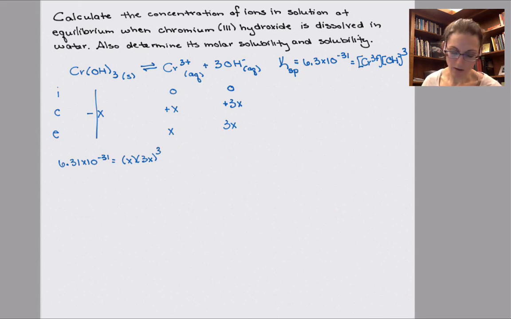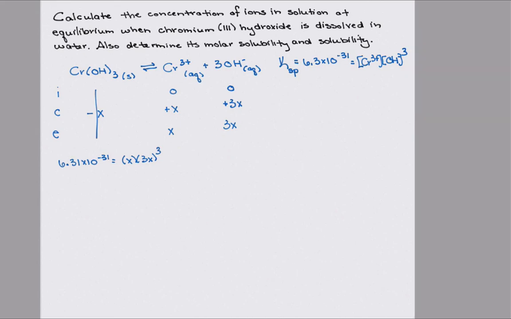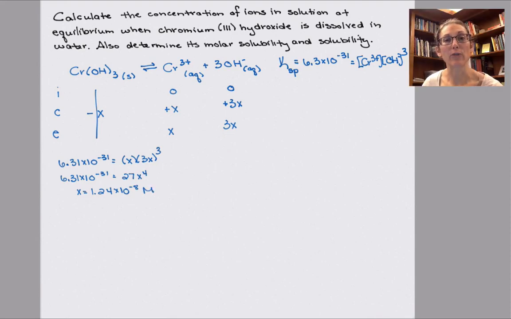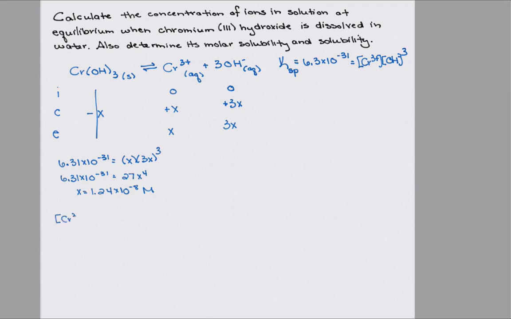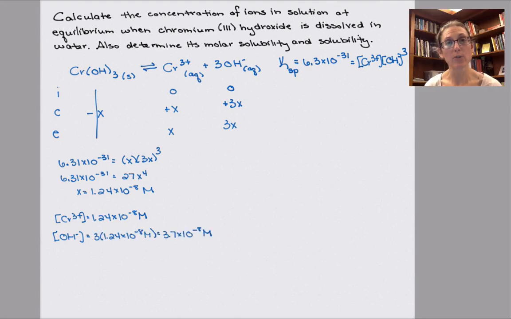And then we are going to solve. Once I have a value for x, that allows me to calculate the concentration of the ions in solution. And once I have those two values, then I'm ready to determine the molar solubility and the solubility for the